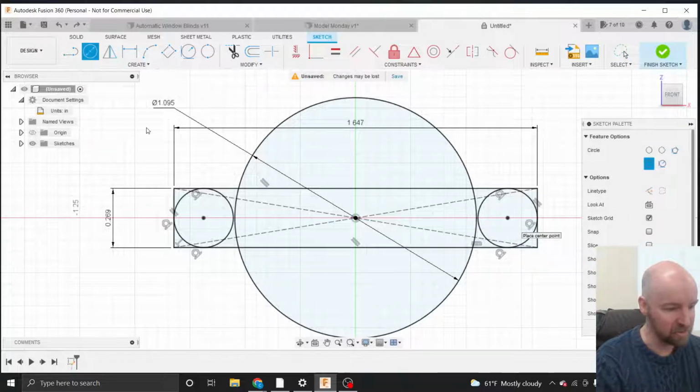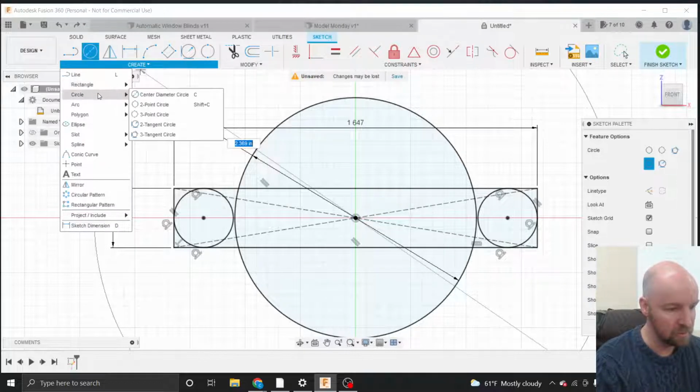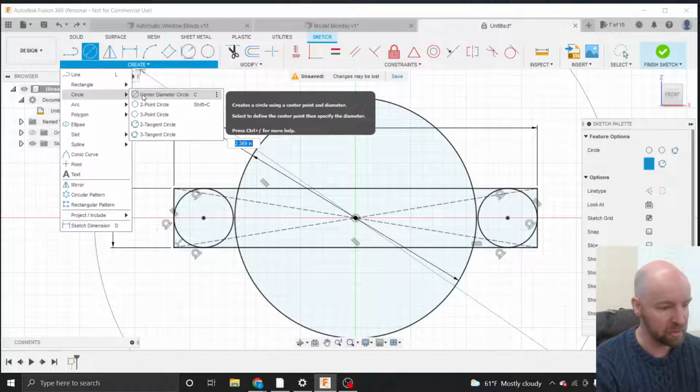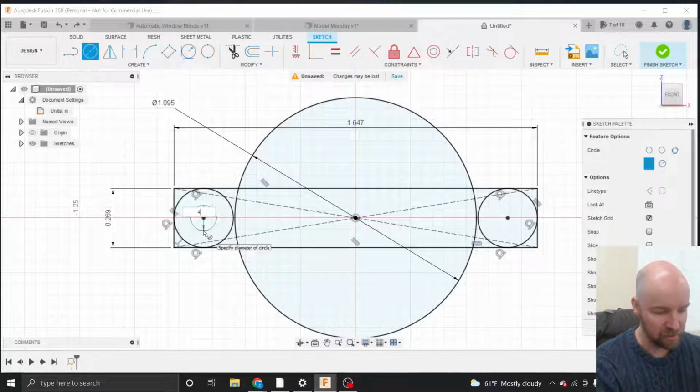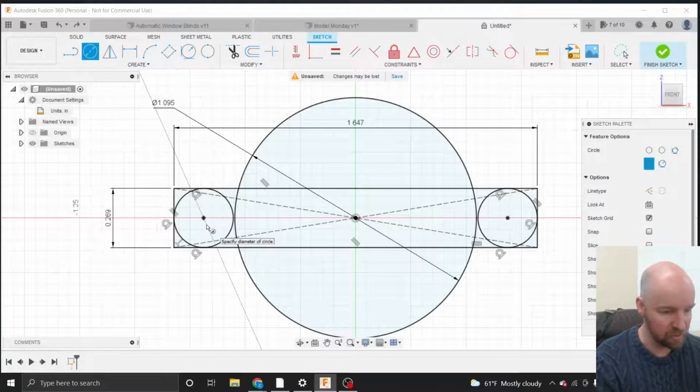And I'm going to grab my center diameter circle tool for that once more here. So I'm going to come over to circle and then center diameter circle. And then I'm going to make two of them. One of them is going to be on the left side there. And I happen to know that these are